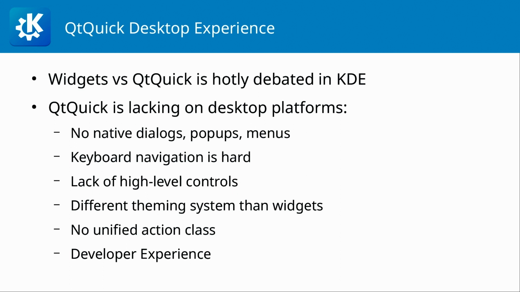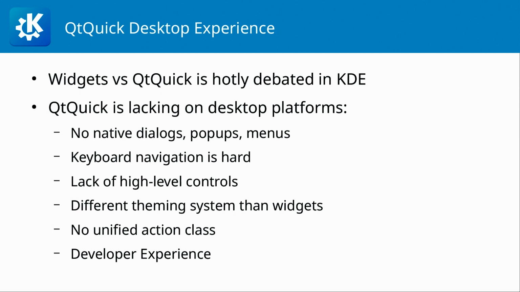Then the fact that widgets' QStyle and Qt Quick's style are separate systems is a problem for us, because we like our users to have the ability to use any theme they want, and so to have a consistent experience there, we basically need to maintain two different styles. We have a solution that bridges the QStyle to a Quick style, and it works surprisingly well, but it has some limitations. And having a better solution for a unified styling approach upstream would be great.